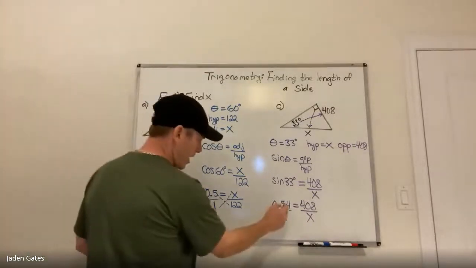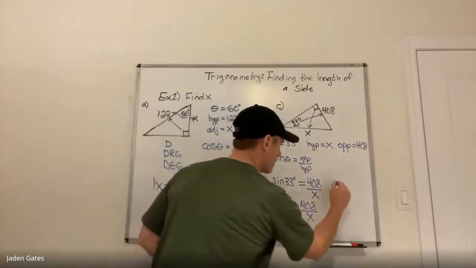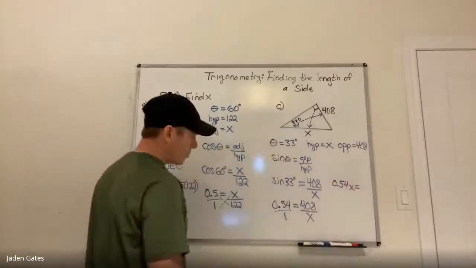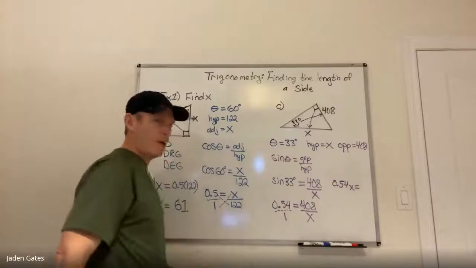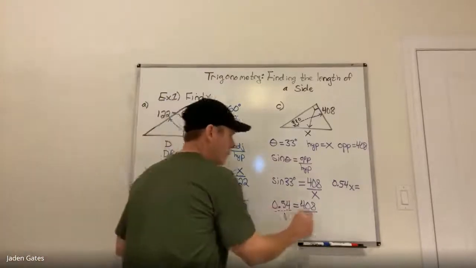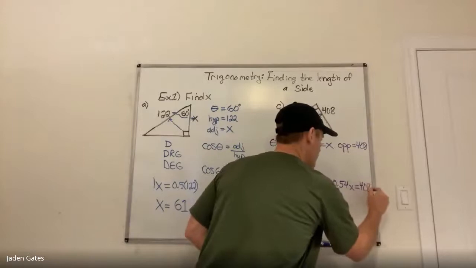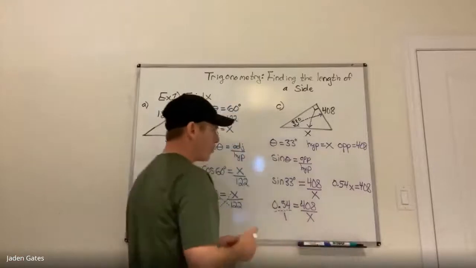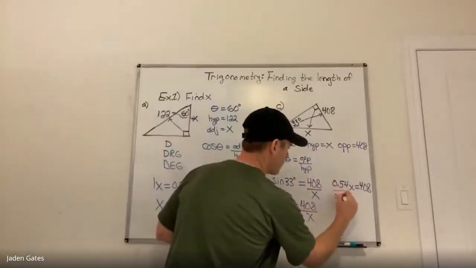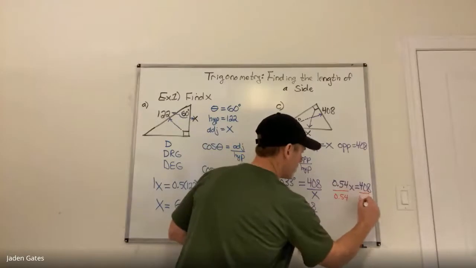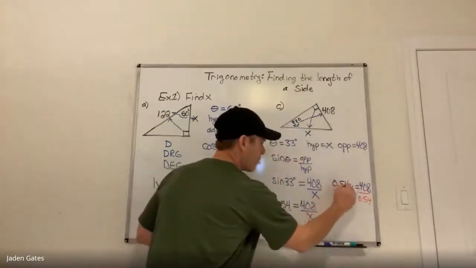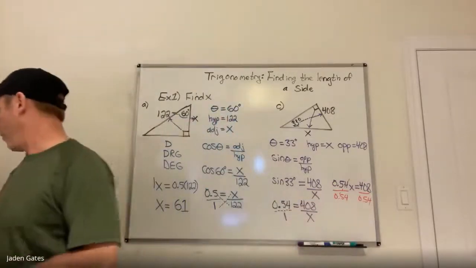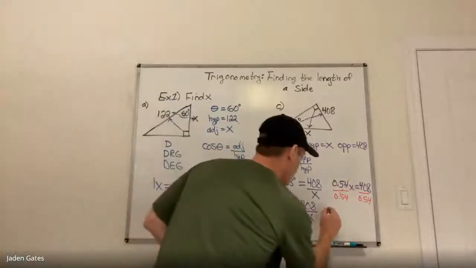So this time I'm going to have 0.54 times an x is equal to 408 times 1. Well, anything times 1 is just itself, so 408 times 1 is 408. And then my last step is to divide by my numerical coefficient, get x by itself, so I'm going to have to divide both sides by 0.54. So those 0.54s divide each other out. 408 divided by 0.54, I'm getting